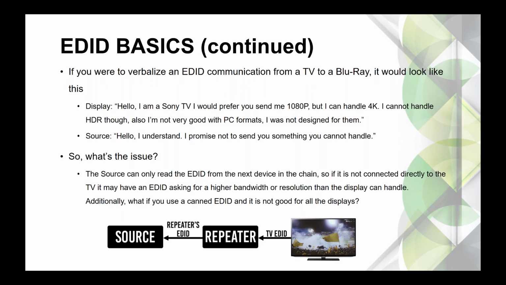All right, so that all sounds great, but what's the issue? The issue is the EDID can only be read from the next device in the chain. And the next device in the chain is not always the TV. When it is, i.e. the 98th percentile consumer model, 9 times out of 10 everything works. In our model, it's not 9 times out of 10 that it works. It's basically,